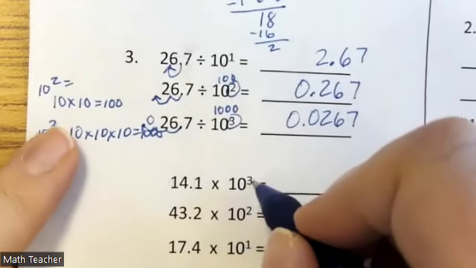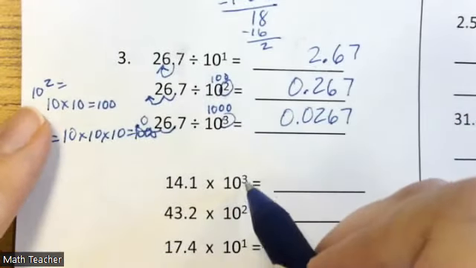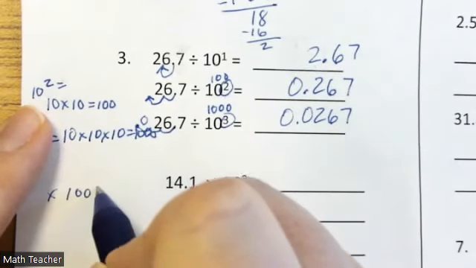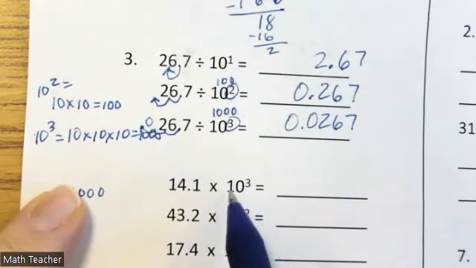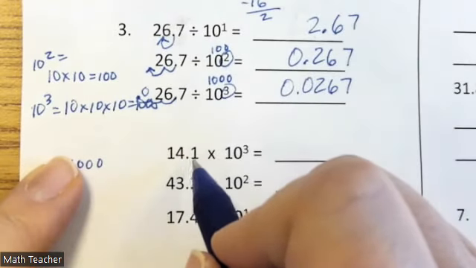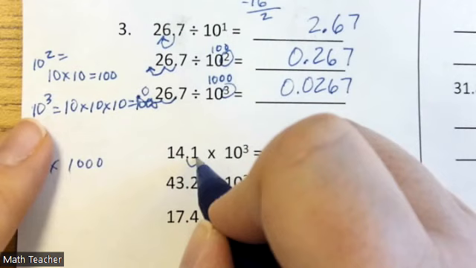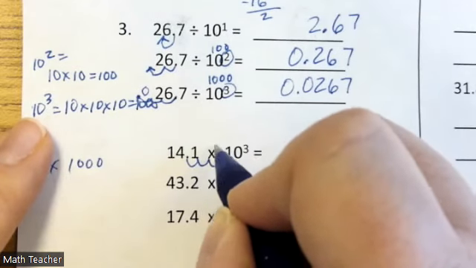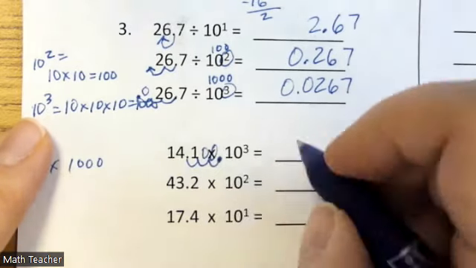Okay, now in the second part of number 3, we're multiplying. So this is multiplying by 10 to the third power. Remember, 10 to the third power is multiplying by 1,000. Okay, so we'll move our decimal 3 places to the right. Okay, and in any empty spaces, we will annex a 0. So 1, 2, 3, our decimal will go here. And in these empty spaces, we have 0. So it's